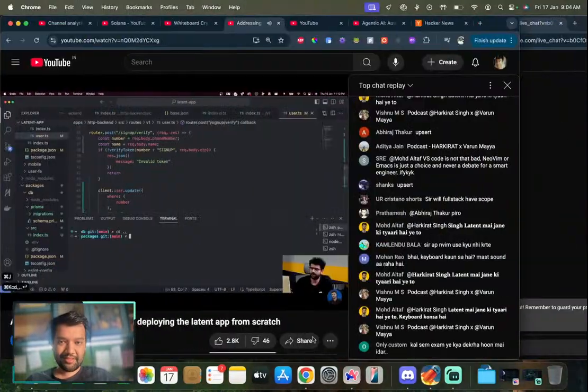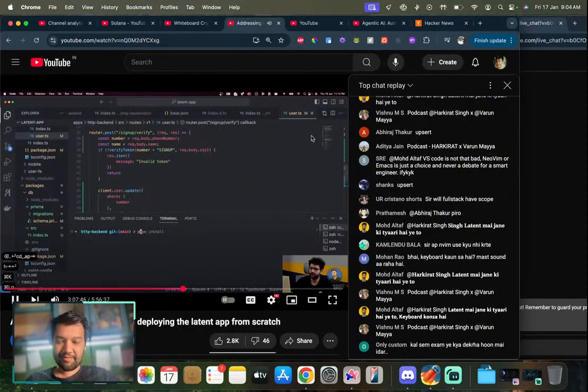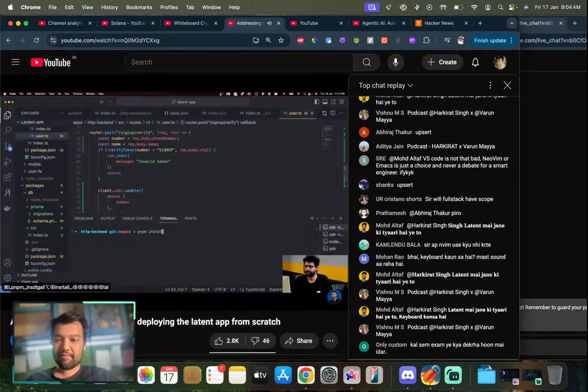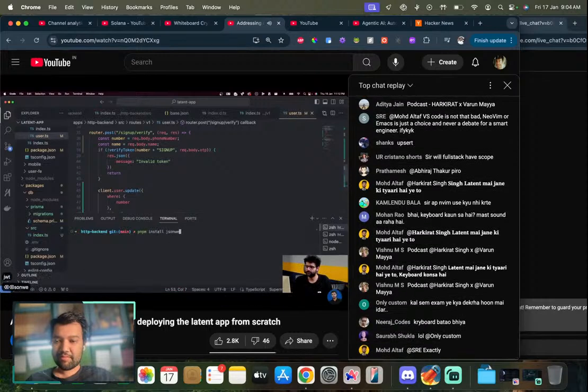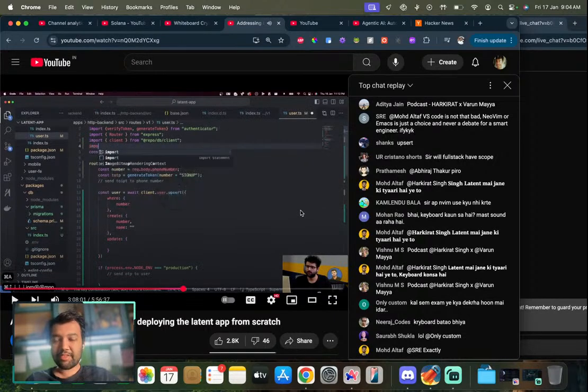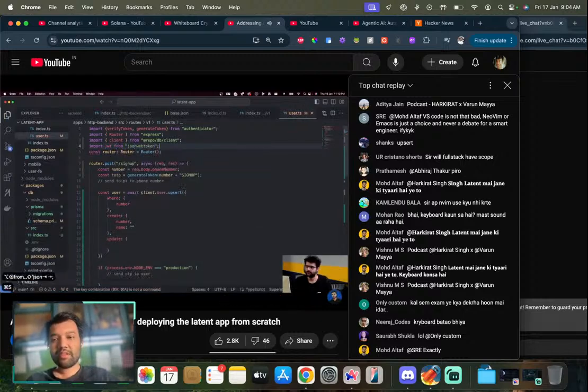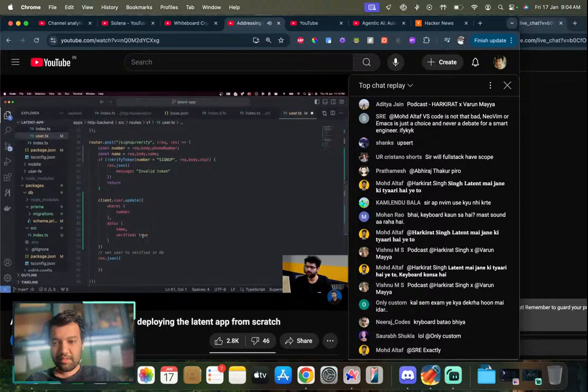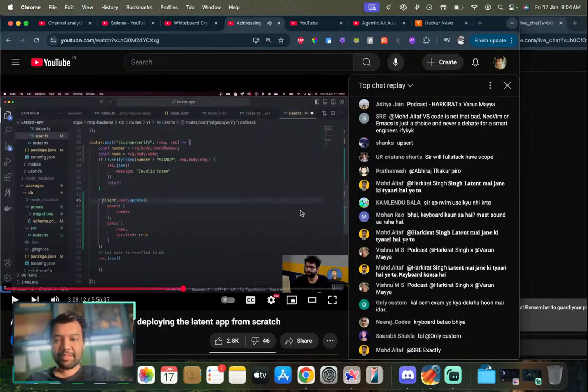So now we have to add, in apps http backend, pnpm install jsonwebtoken and @types/jsonwebtoken. Import JWT from jsonwebtoken, and then here you can do a